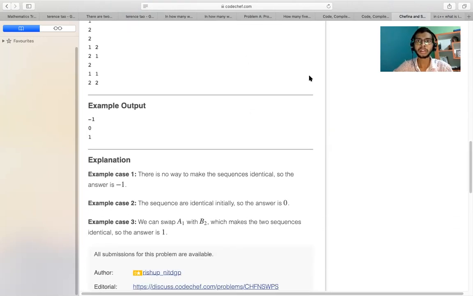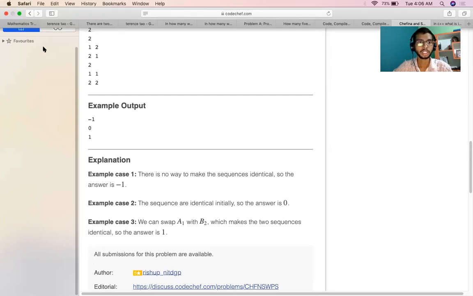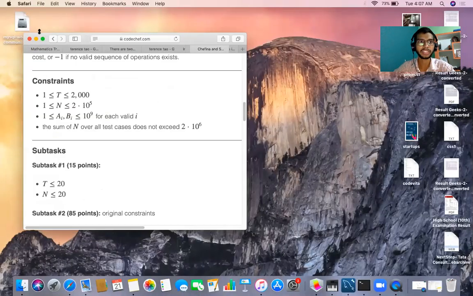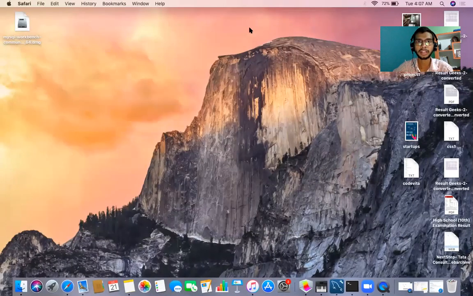So let me explain the problem first. There is one basic condition which we gain from here. Let's take the size of array as 1, and the elements are 1 and 2.